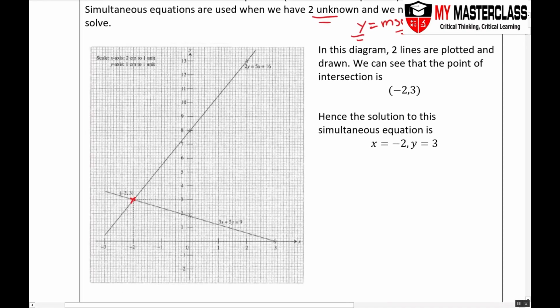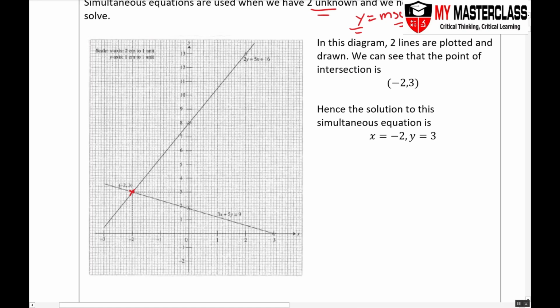In the diagram itself, what you have is two lines that are plotted and drawn. This point which is marked with this x here is the intersection of the two lines, which is (-2, 3), and this is what we call the solution to these two simultaneous equations. The simultaneous equations they are referring to are this equation here as well as this equation here, essentially the equations of both lines. Moving on,